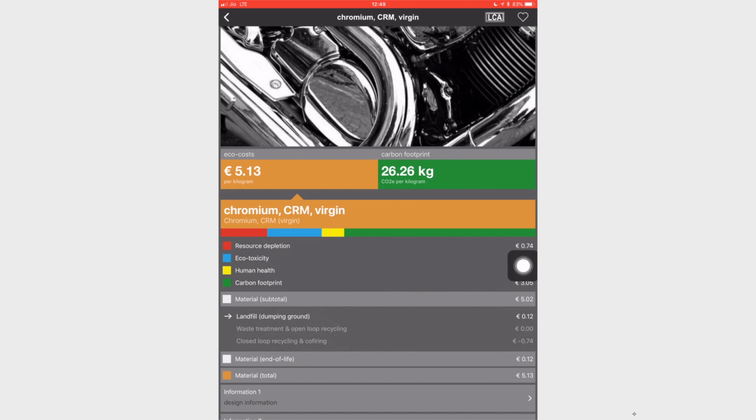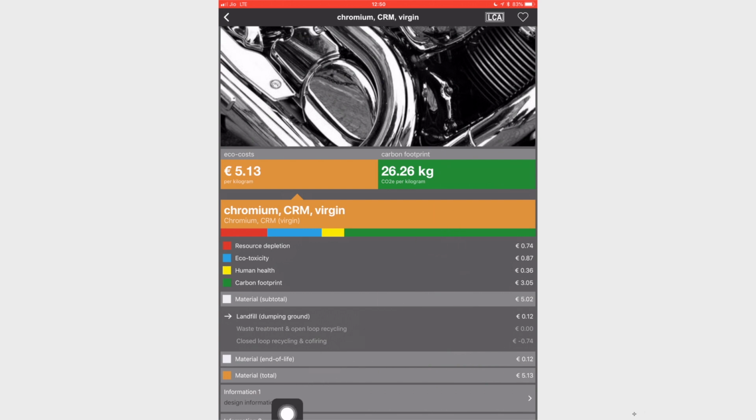As we discussed earlier, eco cost gives you an additional idea related to resource depletion, which is not covered within carbon footprint. Then you get the total. Say for closed loop recycling and co-firing, I get a credit of 0.74 euros. Then you have material end of life and total material from here.